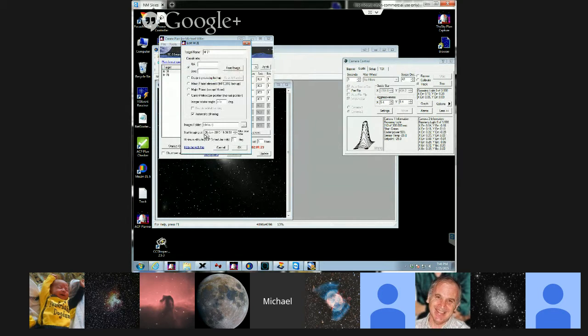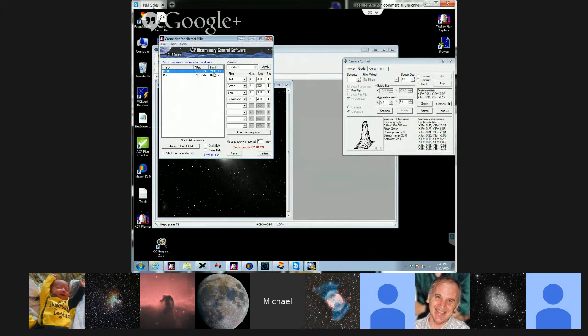And then I just tell it when I want to start. And then I tell it how much of what filter I want to shoot. I save it, and it automatically starts that run at the set time I tell it to. So I can do this from that web interface, or I can do it at home and upload it to ACP, and then through the web interface,